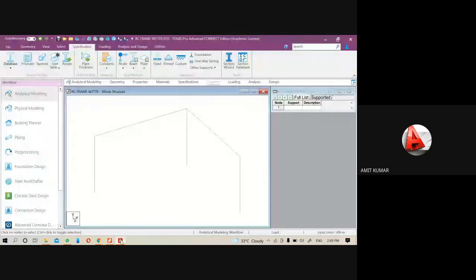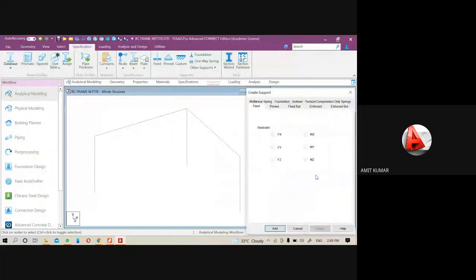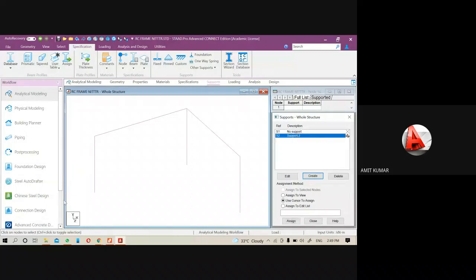So we will create the support. Go to the support menu and click on create, select the fixed support, add, and this fixed support will be assigned at each node at the bottom. Assign it to the selected nodes and click on yes. So all are assigned with the support.